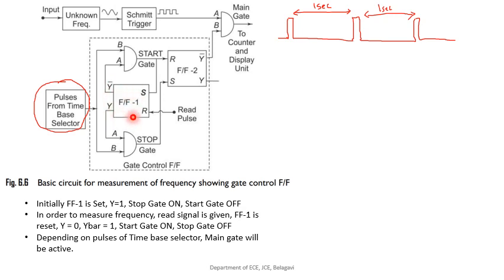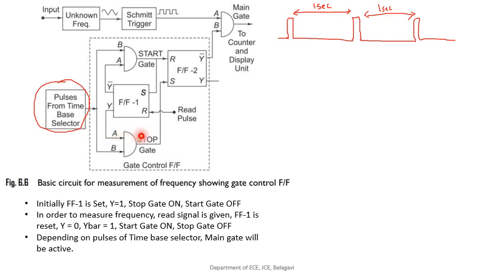Okay, it is going to be set initially, and then because this is set, what will happen, you have two outputs of your flip-flop. Normally for this circuit, Y represents Q, or you can say your output of your flip-flop, and Y bar represents Q bar. So if you have a set signal, initially if your FF1 is set, then my Y is going to become 1, and the same one is given to the one